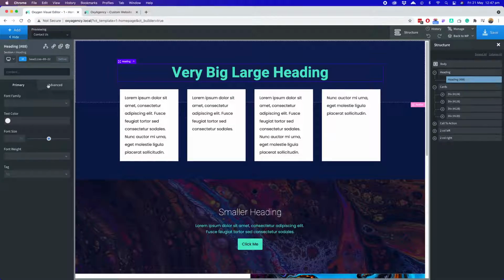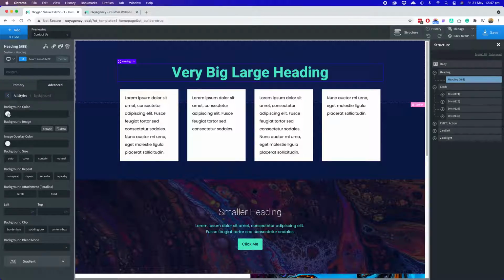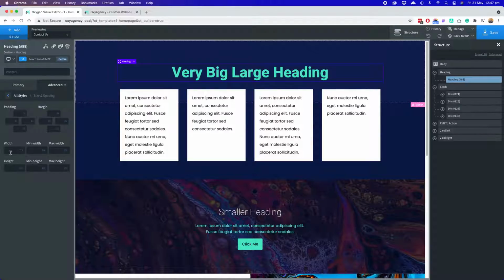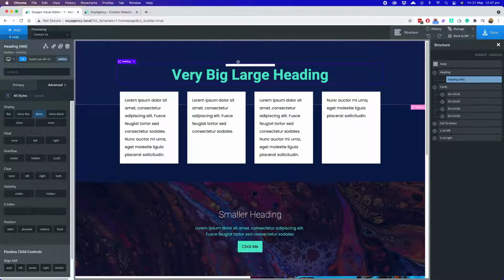We could do something, for example, like go into advanced, and we can give this a background color of say white. And we can go into size and spacing and make this say 200 pixels wide. We'll align this to the center by going auto and auto. We'll give it a height of say 10 pixels, and we need to set its layout style to block. And there you go. Now we can see that showing up before the header,